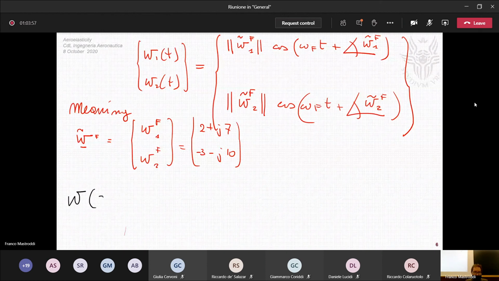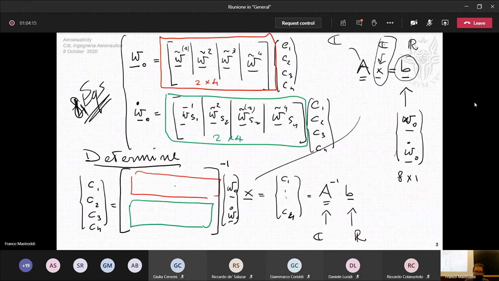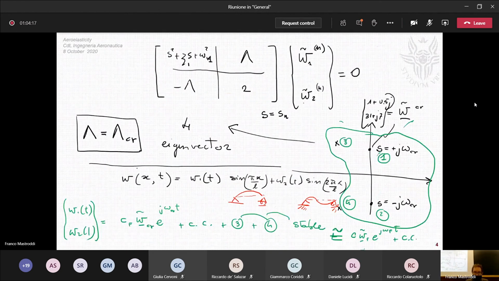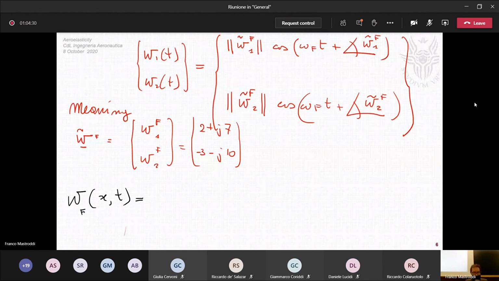This is the response of the system in flutter condition. Okay? We are in flutter condition, and this is the response. The response is equal to, first, remember that the final formula is this. This is the final formula, guys. So you have to combine your mode of vibration with your time function. Remember. So, flutter condition, you have a combination of